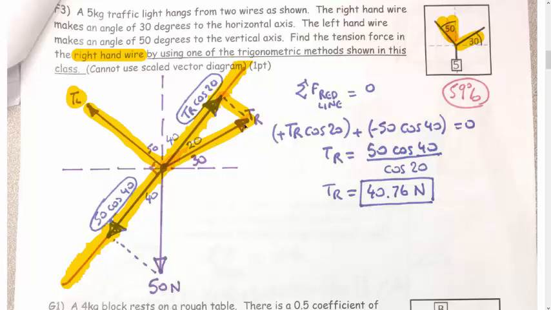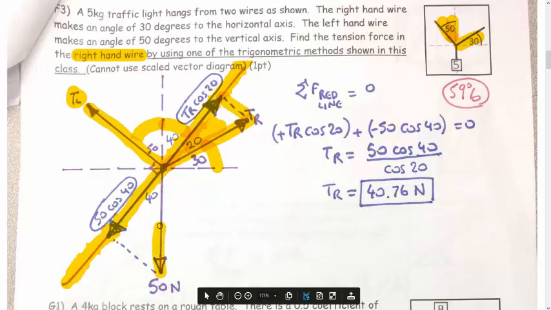what I have. I got that 20 because if this was 50, that's 40 to make 90, and we were told originally that's 30, so 40 and 30 make 70, which means this middle angle here is 20. Okay, so I can say T right cosine 20 for my component, and then I look at my second vector,